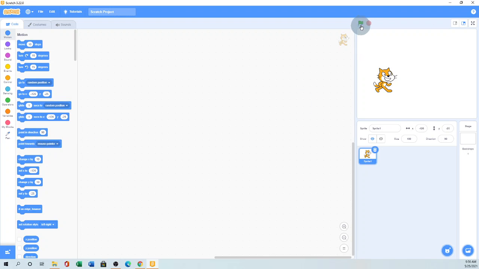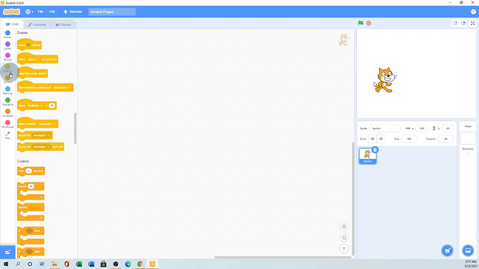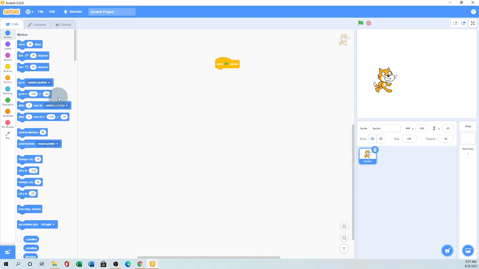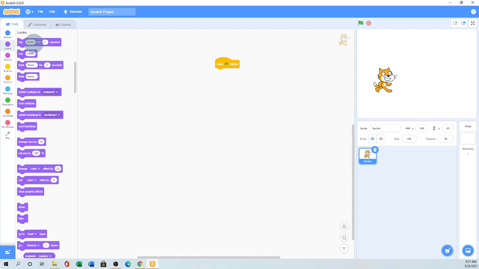So first it's called the event, so go, the green flag is called it, this little green flag, and this one is stop. So the event category, the trigger block, the event means it's called the triggered block. So we'll select the, when the green flag is clicked, we want to say hello world. So in the look section we'll say hello comma world,